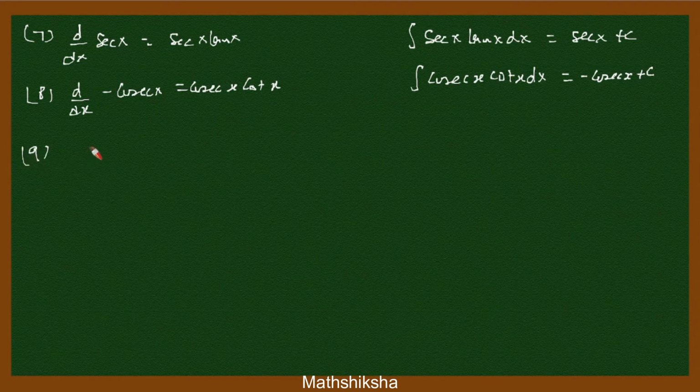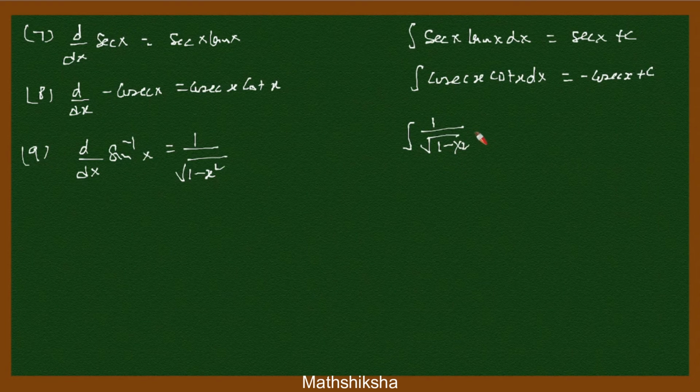Then we know d by dx of sin inverse x is 1 upon root 1 minus x square. Of course there is some domain for this, I am not writing that. Mod x should be less than 1. So 1 upon root 1 minus x square का इंटीग्रेशन वी हैव टू फाइंड मीन्स दैट फंक्शन हुज डेरिवेटिव इज दिस, ये किसका डेरिवेटिव है, साइन इनवर्स x एंड ऑफ कोर्स प्लस c,